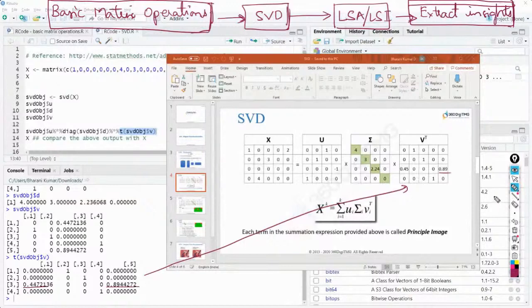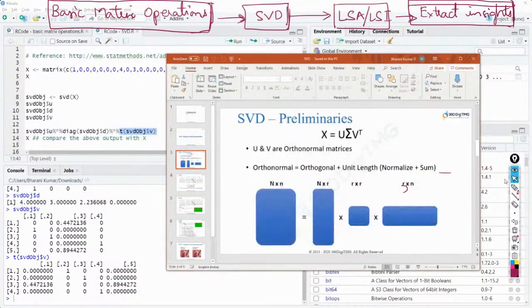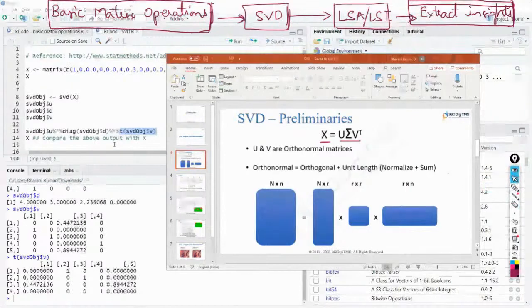Same matrix. That's it. And now, if I multiply this U sigma V transpose, you need to get back your original matrix. Would I get it back? Let's see.